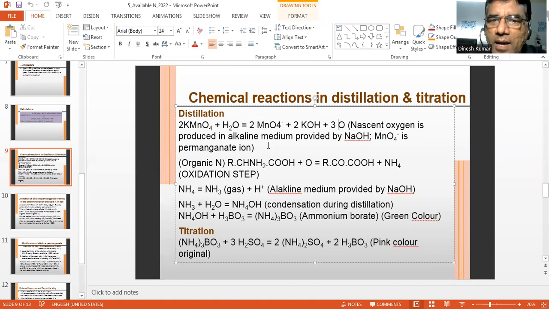It is produced in the alkaline medium provided by NaOH to potassium permanganate. MnO4 is the permanganate ion. Now this nascent oxygen is useful in oxidizing the organic matter. Organic nitrogen is there in the organic matter. This is a general formula for organic nitrogen; you can say this is for amino acids, amines, whatever it is. So nitrogen is there in the organic form. And the nascent oxygen produced by this KMnO4